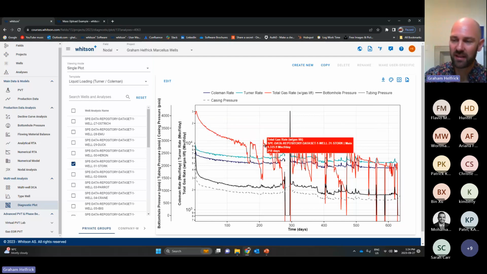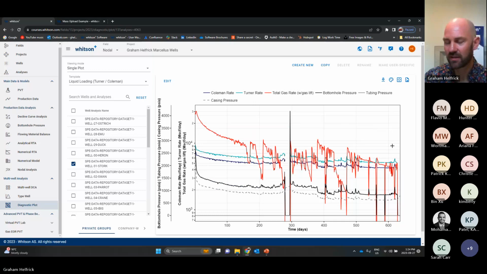So what am I seeing here? I'm seeing that this well is probably liquid loaded today, right? Our rate now has dropped below the critical lift rate. So, in terms of just leaving casing in the well, I'm probably going to expect to see some slugging and some liquid loading problems now. So it's a great time to plan some tubing, or something to mitigate liquid loading. Let's go back up to